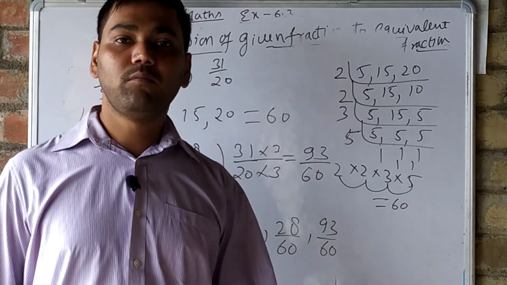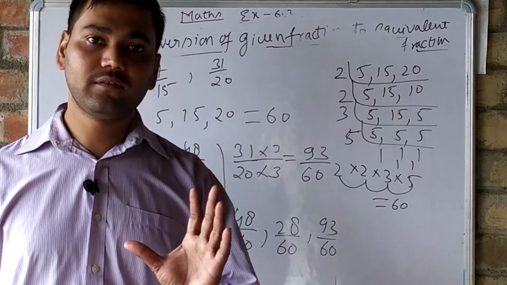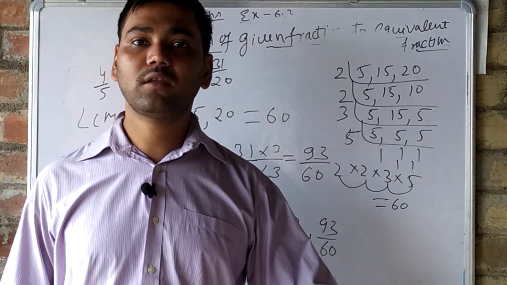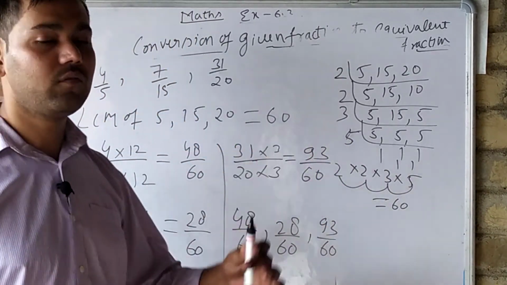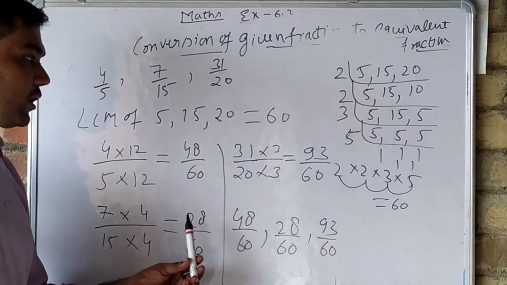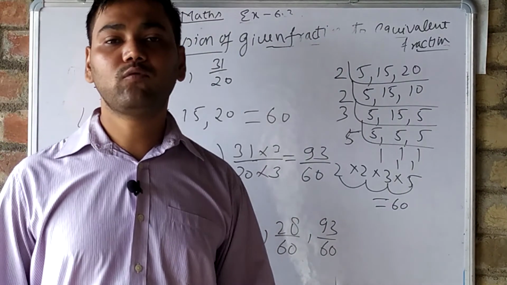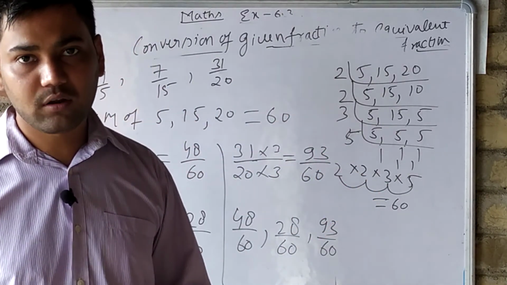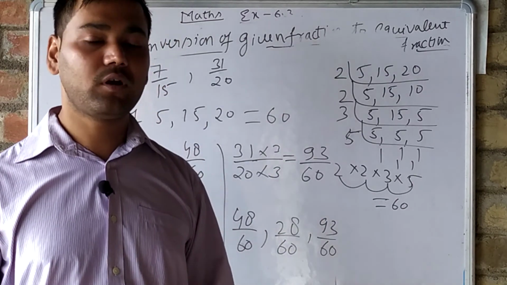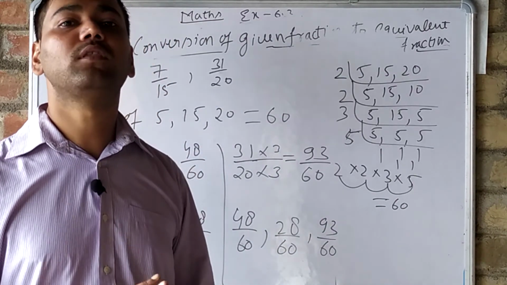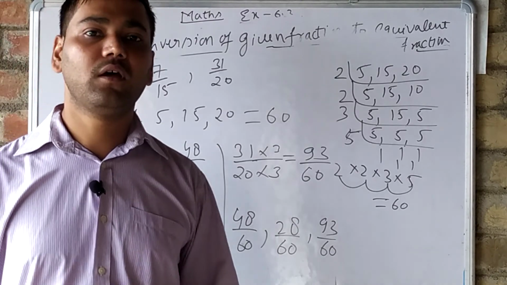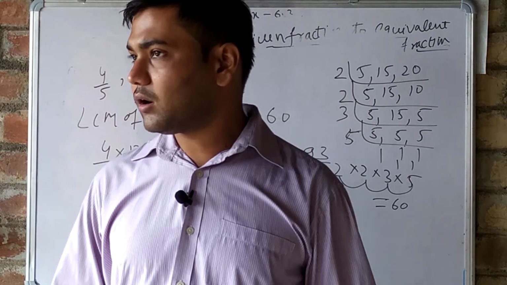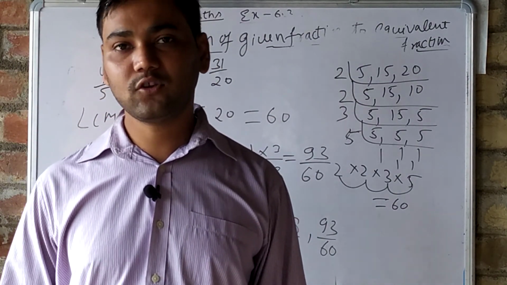Understand? What we have to make sure is that we take the LCM of the denominators, and the value which we get as the denominator, we have to try to make the same in every fraction. So the next step, after taking the LCM, is to convert these fractions to like fractions. Understand? So by this we have explained all the terms given before exercise 6.3.